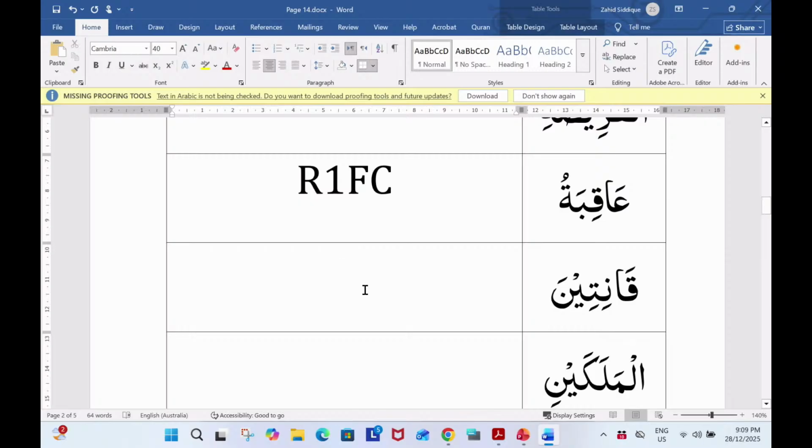Qanitina. So now we said always look for the ending combination first. So it's matching with the ina combination, قانتين, مسلمين. So it can be nasab or jar. With respect to the number, it is plural. And ina ending also tells us that this is the masculine chart. We don't have any al beginning, and it's not a proper name of anyone, so this would be common. Is it clear?